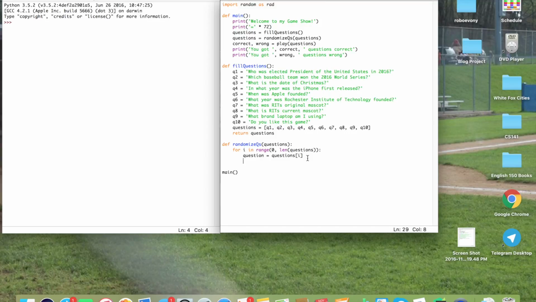And now we're going to find another index, which we're going to call IDX. We're going to set it equal to, we're going to call our random import here as rad dot randint, which will give us a random integer. We have to give it a range, which is 0 to the length of questions, but we have to do -1 because of how